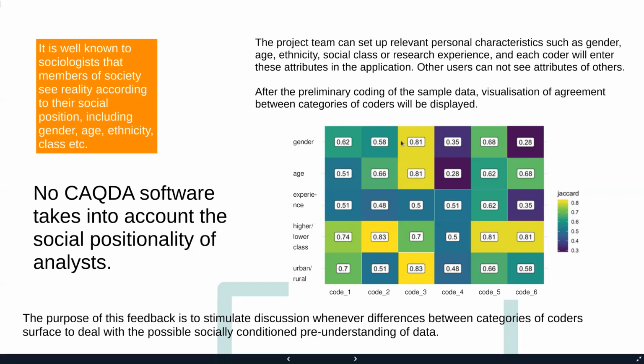But gender could have influence on some code, I don't know what, some code 4 that is sensitive to the gender of the coder, and we can observe which code is sensitive to